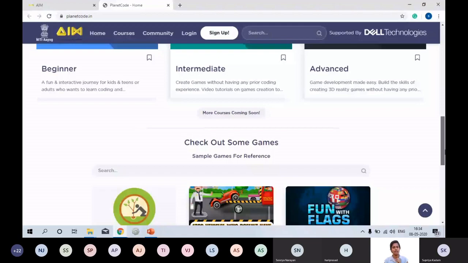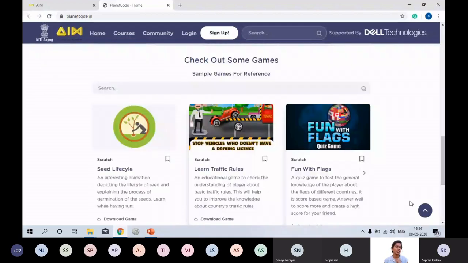Most of you have played PUBG and Fortnite, but I remember a few years back you would also have been glued to your phones playing Subway Surfers. Does anybody remember Subway Surfers? Yes, ma'am. And Temple Run. Monkey Run, all the Temple Runs are developed using Unity. If you want, you can open the game and you will see at the bottom, made by Unity. So these three are the major platforms used to develop games, even advanced level games. From the beginner to the advanced, all these things have been made available.